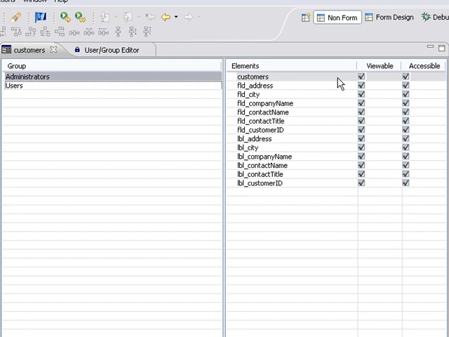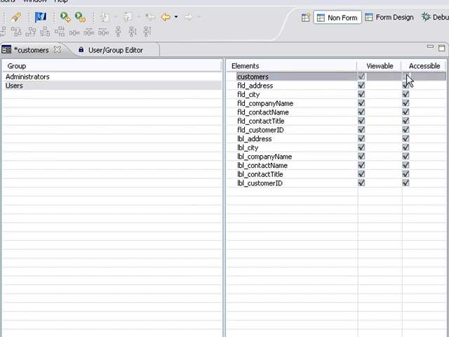So let's see how this works in practice. I'm going to click on the users group, and I'm going to say that I want the whole form to be not accessible or dimmed. We need to save that by hitting Control-S for save. And now when we view it in the Smart Client,